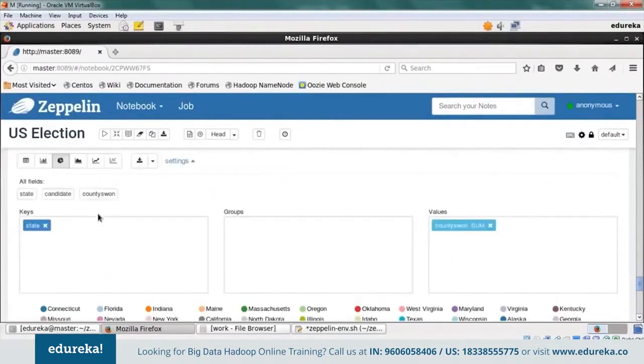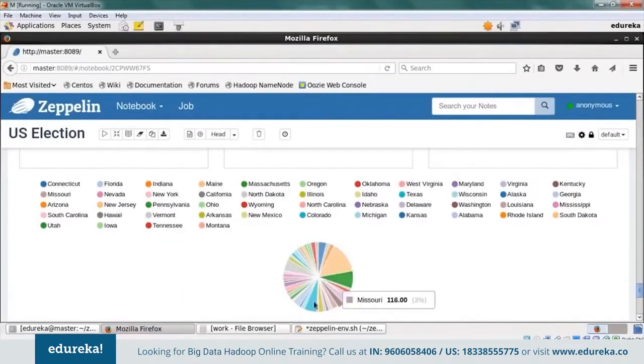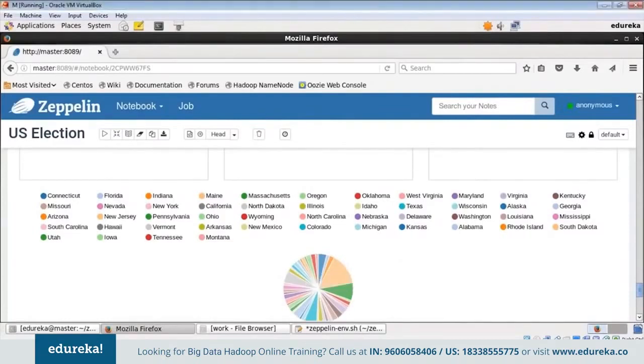You can make bar charts, you can make pie charts. Whatever counties won, we have made in the bar chart, and here it is in a pie chart. It looks better, but it's maybe not as insightful. I just placed it so that I can show you that you can make pie charts also. So these are the insights that you can make after analyzing your U.S. county data. And this is what you can tell Donald Trump.